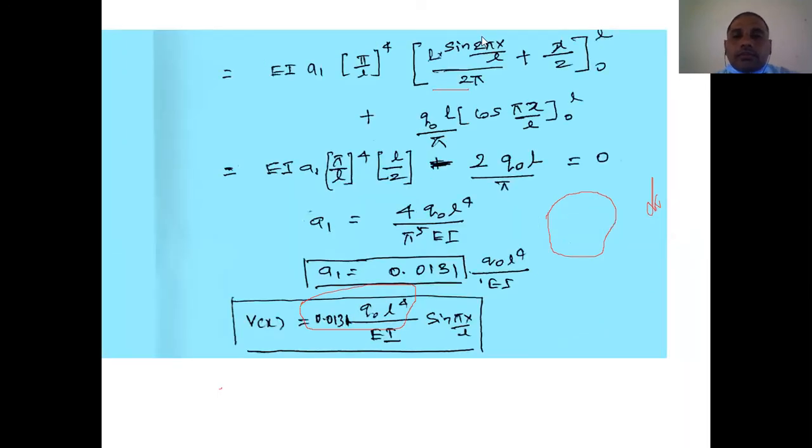If you go to the next slide, here is the solution for the integral equation. The solution for 1 plus cos 2x by 2: you will get this equation. Instead of cos, you will get sine 2 pi x by L. If you integrate this to 2 pi x by L, you get 2 pi by L in the denominator, and plus you will get x by 2.